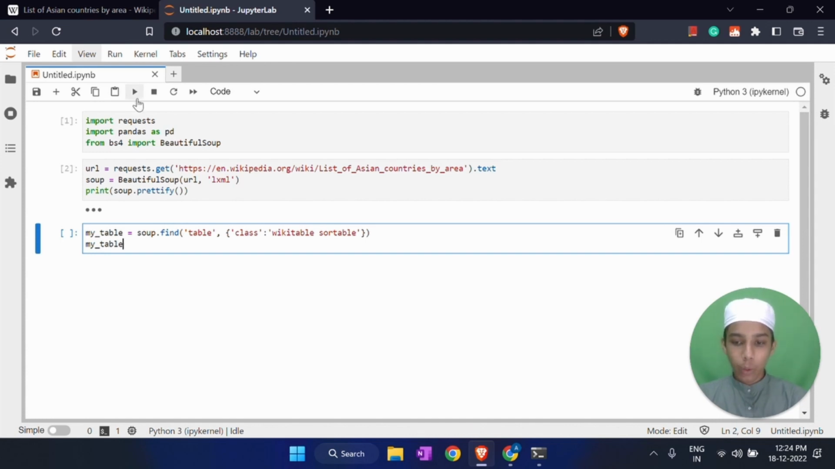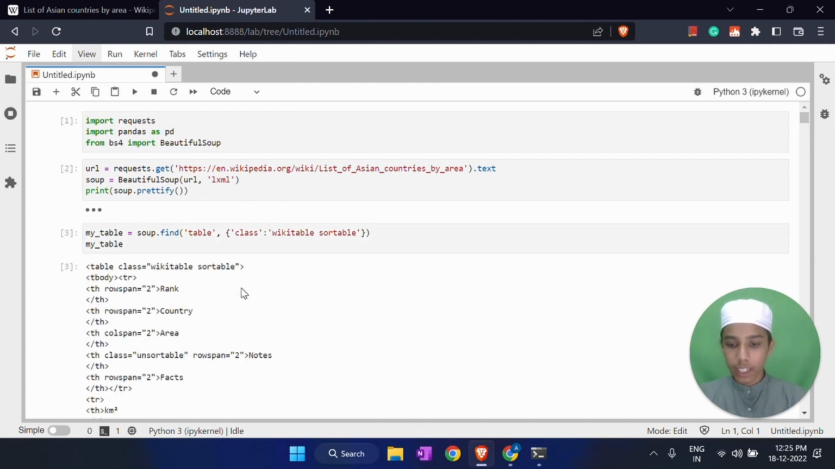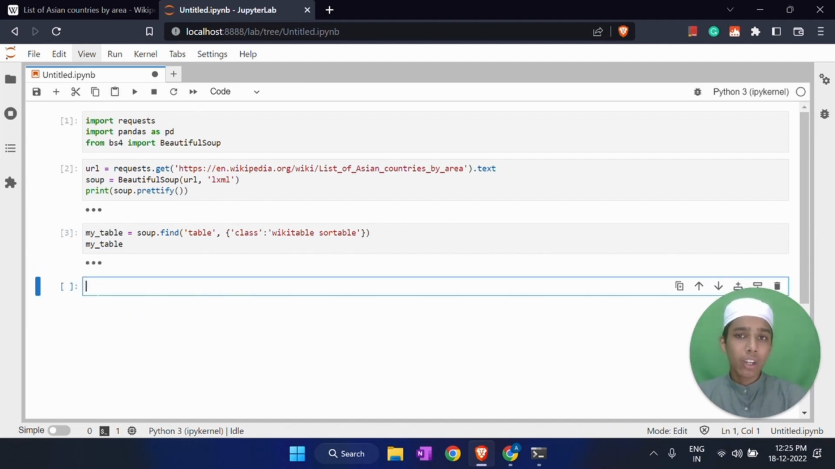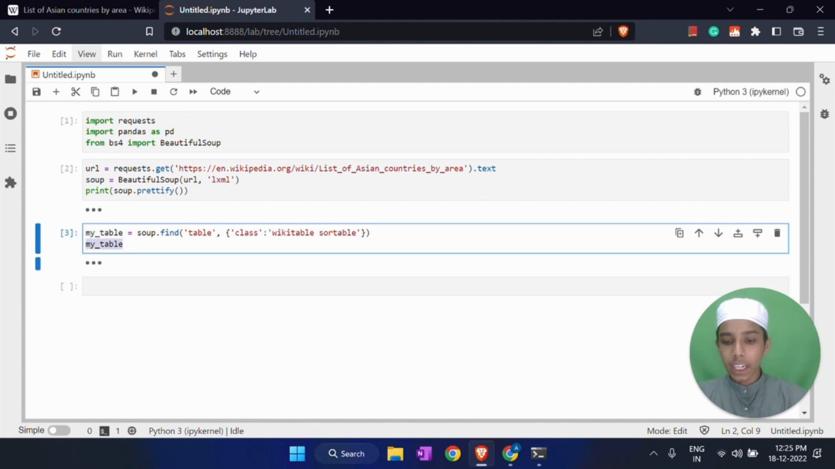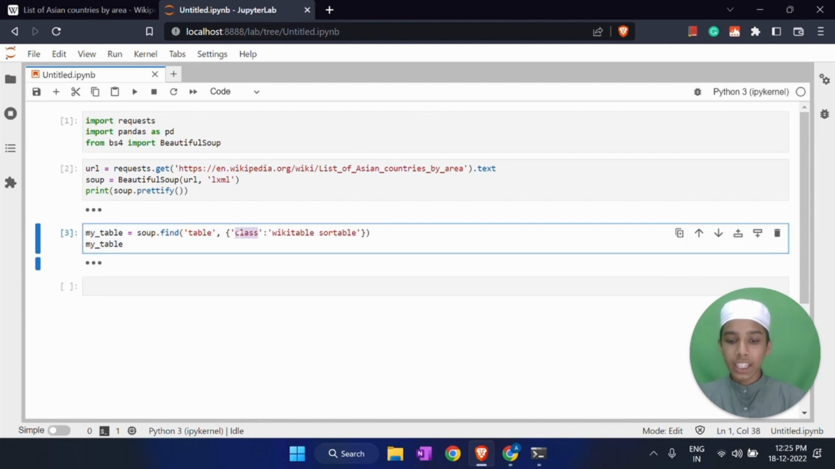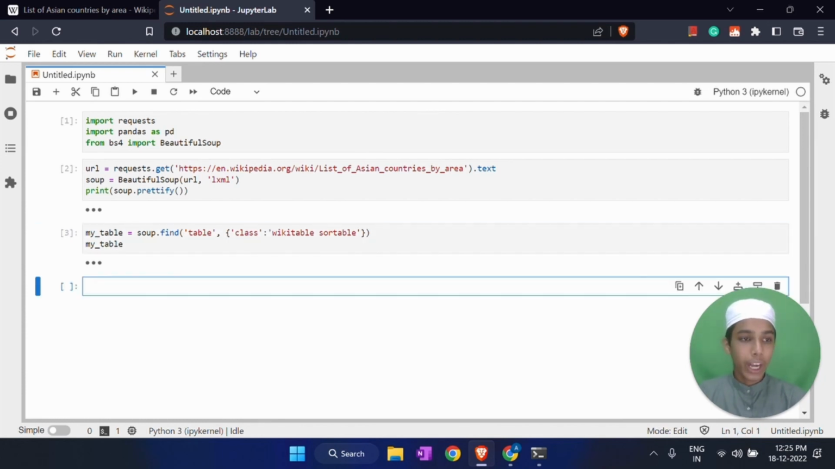because here we have created the variable, right? Now I'm going to run it, and then we are going to get a lot of things like this, and we are just finding this class wikitable sortable. Okay, and I'm going to minimize that because I don't want it. So I have just written this code because I want to go in part. From the whole code we are just finding the class,